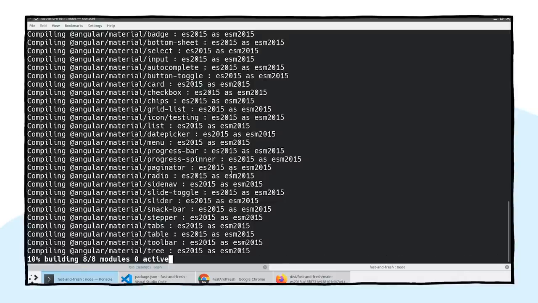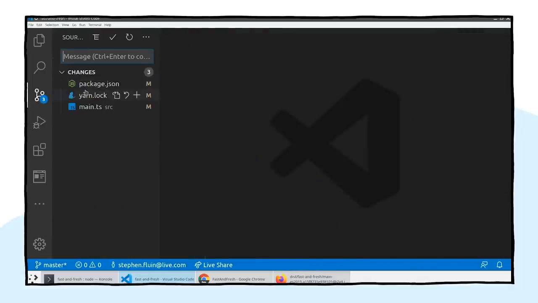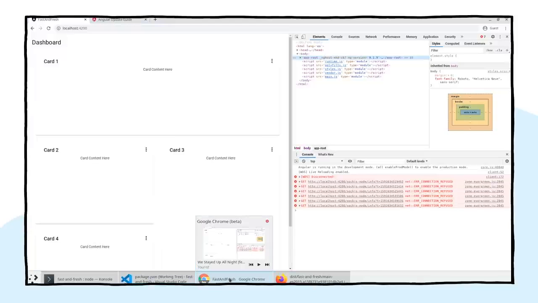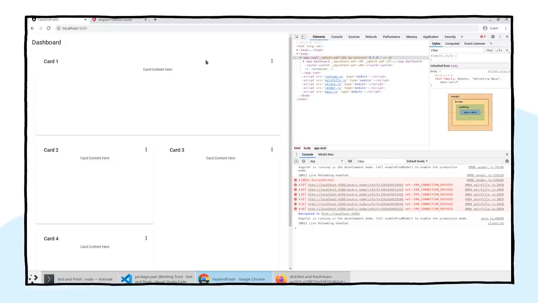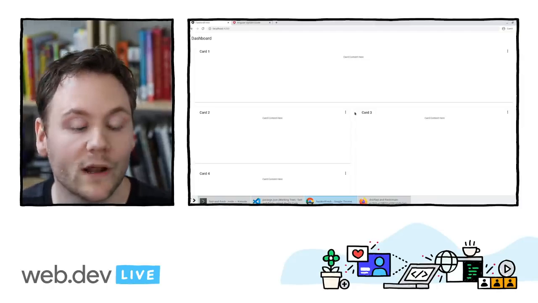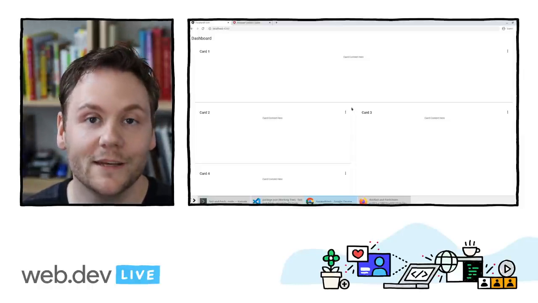All right, as soon as this compilation is complete, what we're going to see is we're going to be on the latest version of Angular. And again, we updated the package JSON, so all of the dependencies, including removing things like Hammer.js, and our application should just keep working. Yep, there it is. We have a great dashboard, just like we had before, right in the beginning. Everything works, everything animates. We're now on the latest version of Angular. We're now on the latest version of Material in the CDK, and our application is as fast as we can be because we're